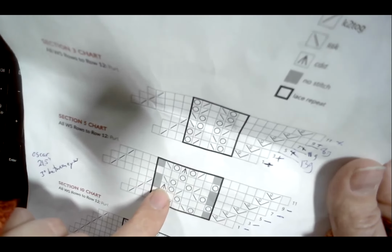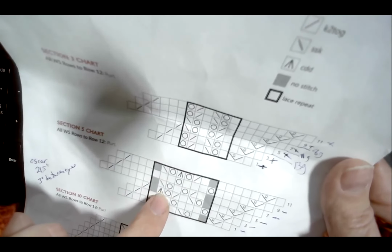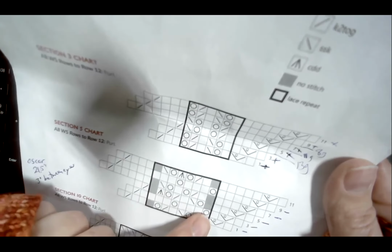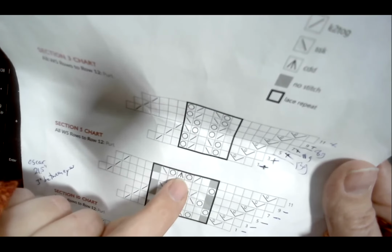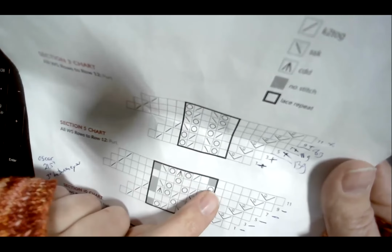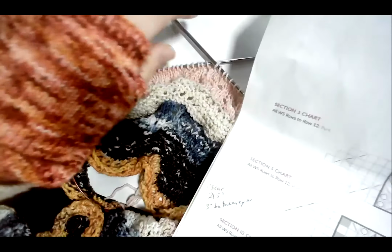Now they have this centered double decrease on row 5, which I've already done, and also on row 11, which I'm going to show you, the last repeat of this chart. So just for those of you who want to know,